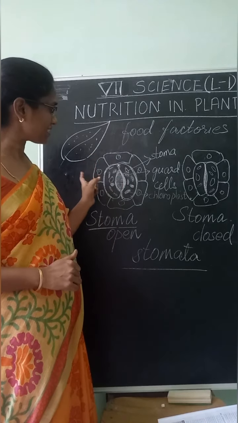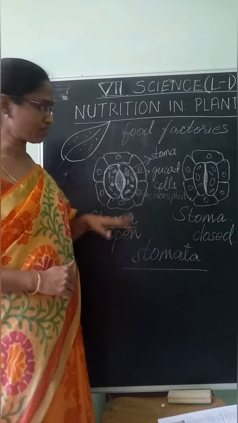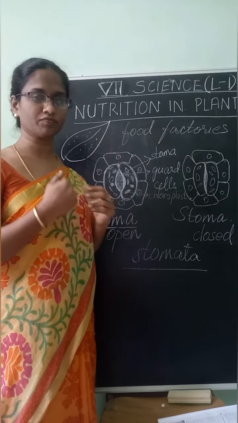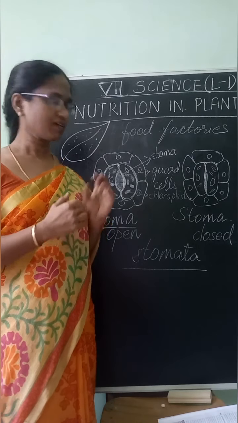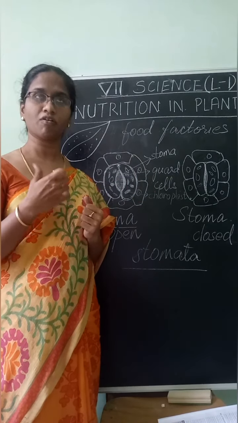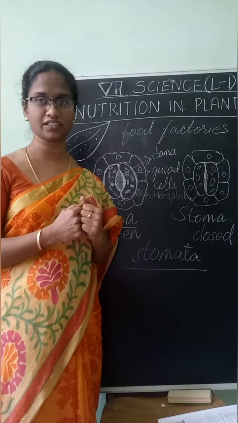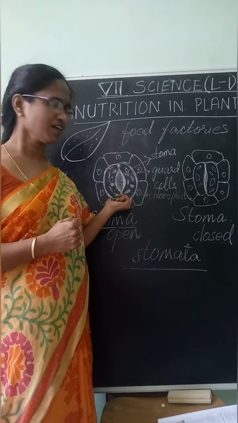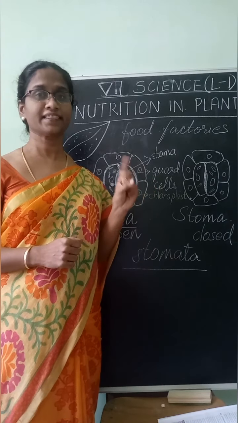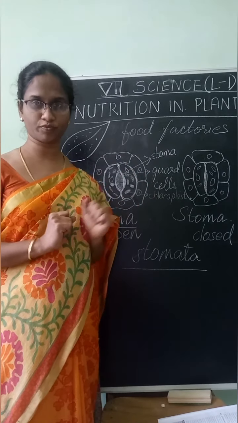Now these guard cells are surrounded by cells called epidermal cells. What are these cells called? Epidermal cells. Okay children, what is the purpose of this stoma? Now this stoma absorbs carbon dioxide from the air or oxygen from the air, so it helps in gaseous exchange. So this stoma helps in two different processes. One is photosynthesis, the other one is respiration. Stoma is very helpful in these two processes.